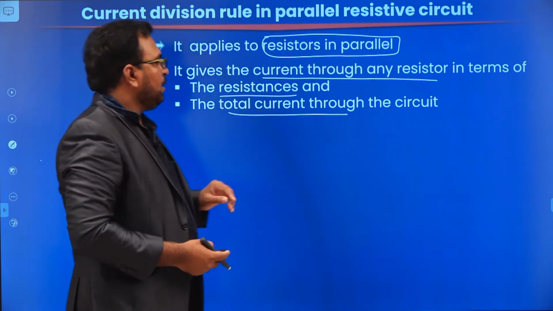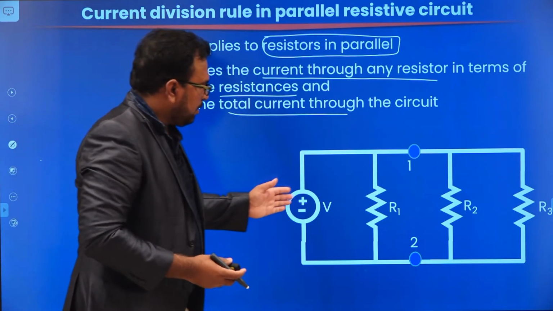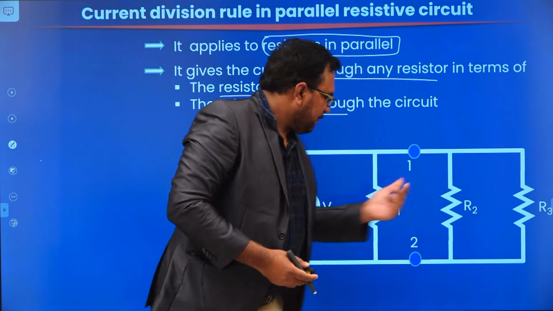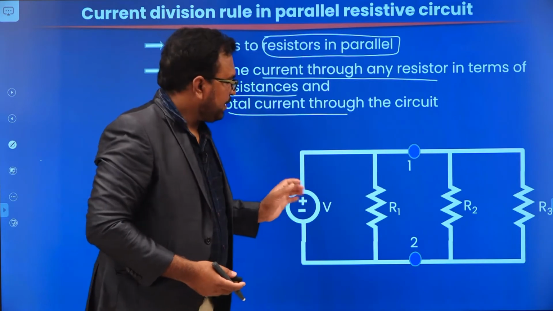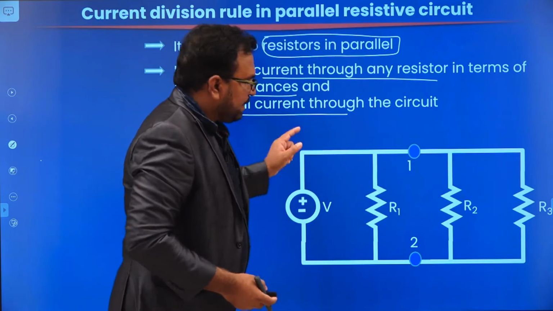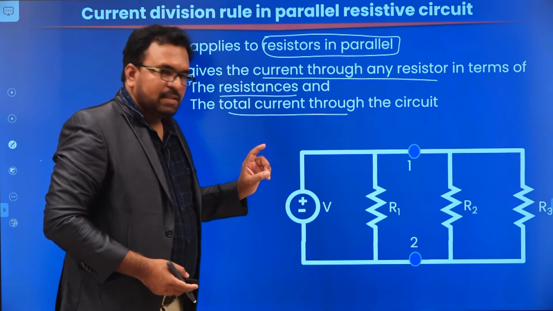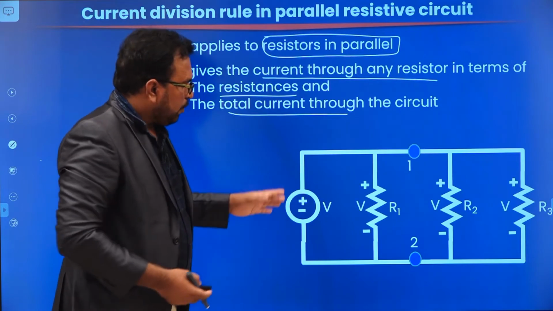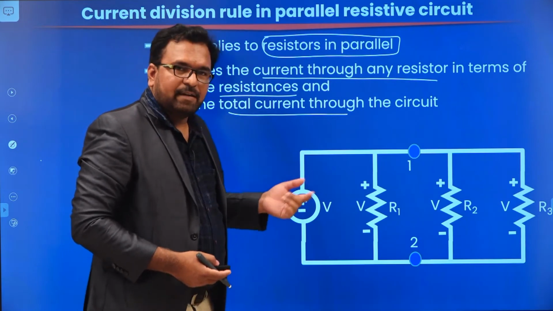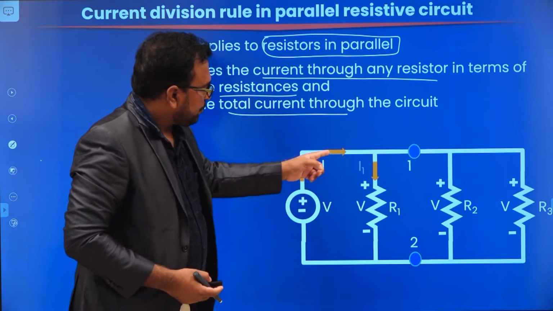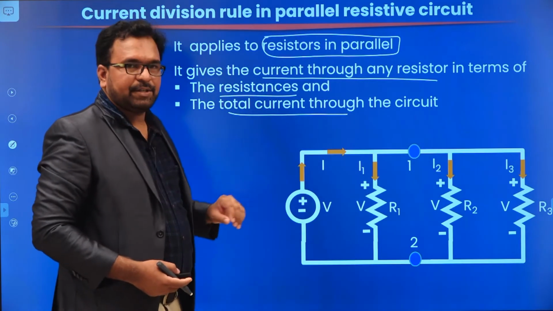current. Let us consider a parallel circuit here. How can you say that it is a parallel circuit? Because all the elements R1, R2, R3 and voltage source are connected between the two nodes 1 and 2. That's why we are going to call it a parallel circuit. What are the characteristics of a parallel circuit? The first one is voltage remains same. The voltage across all the elements is equal to the supply voltage V. And what is the factor that divides? Current. The current coming from the source divides as I1 through R1, I2 through R2 and I3 through R3. So these are the two characteristics.